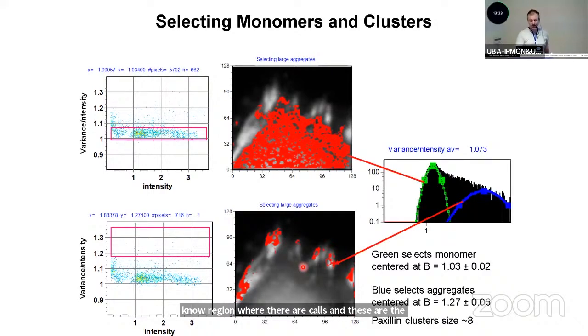We can also use in the software this kind of Gaussian distribution to select monomers or oligomers. Basically, in this cluster, the calculation was that oligomers are most of the time octamers of the paxillin. Okay,